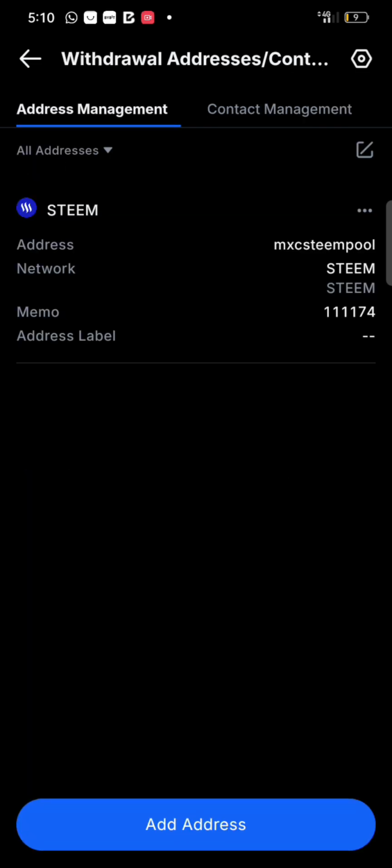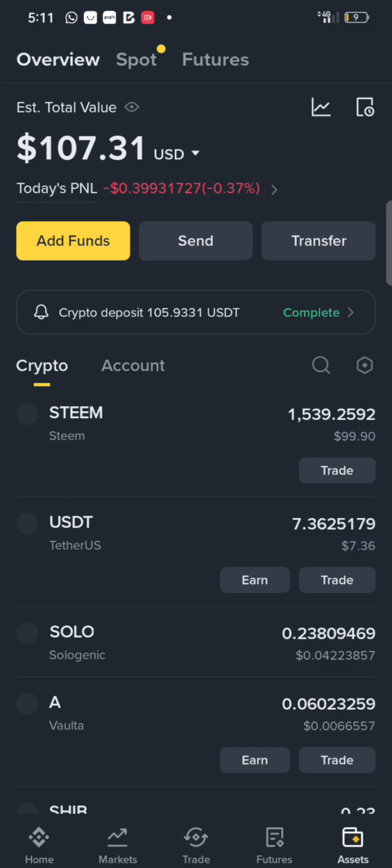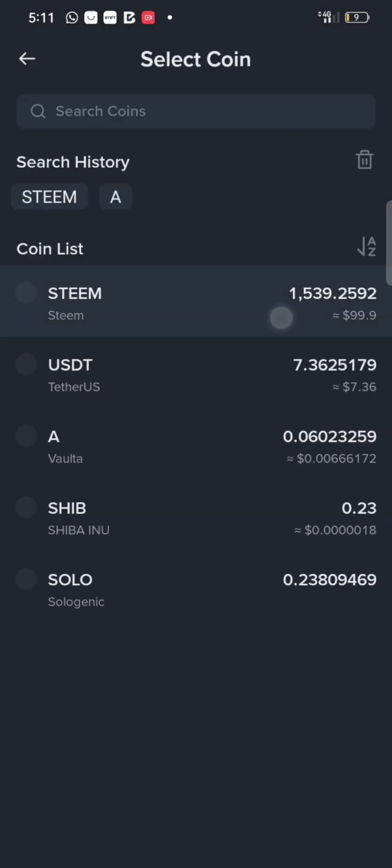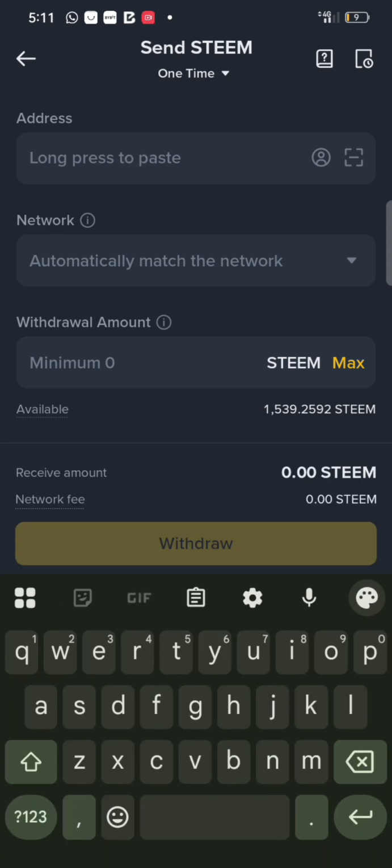Now, you are going to copy this address. This address is what you are going to be using in your Binance to deposit into your MEXC account. MEXC steem pool with your memo tag. Head over to your Binance, click on asset, click on send, on chain withdrawal, click on steem, address. Remember the address you add to your MEXC account,